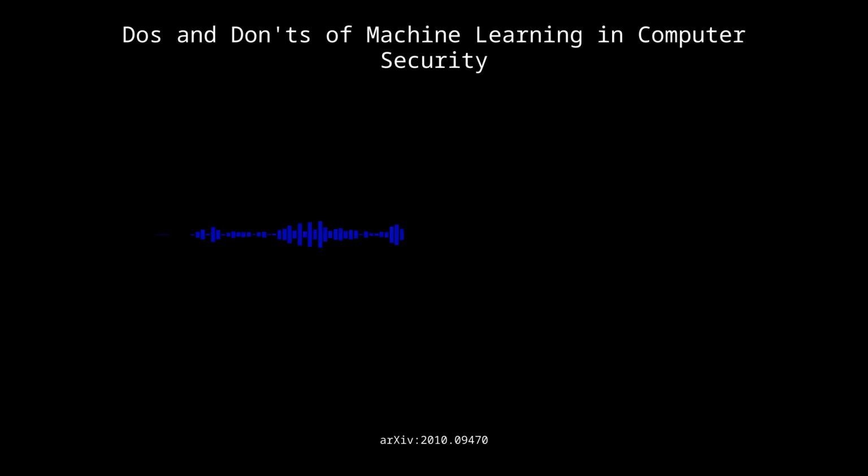Okay, what about that final deployment stage? Any pitfalls there? Oh, there's one that might keep you up at night. What's that? It's inappropriate threat models. Okay, explain. This one is all about remembering that machine learning systems can be attacked, just like any other computer system. Wait, hold on. So you're saying that in addition to using machine learning to protect against attacks,